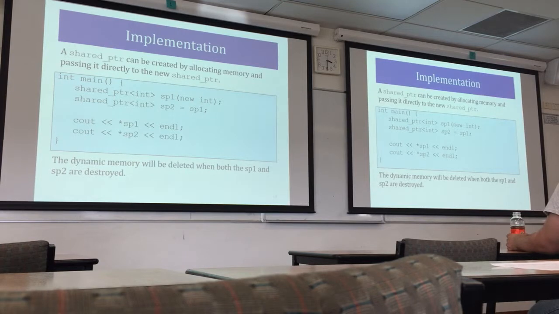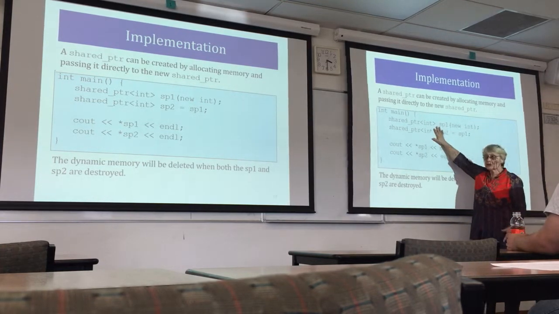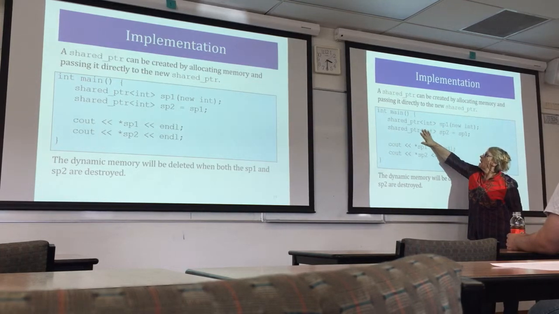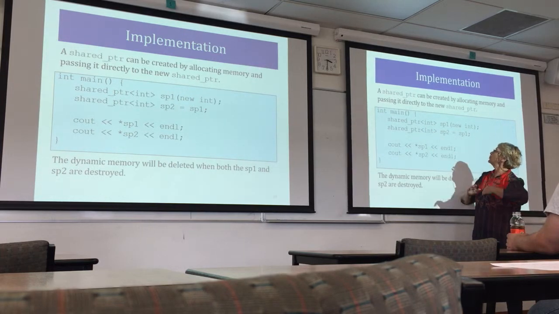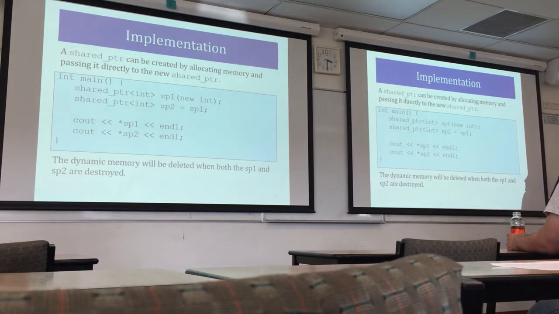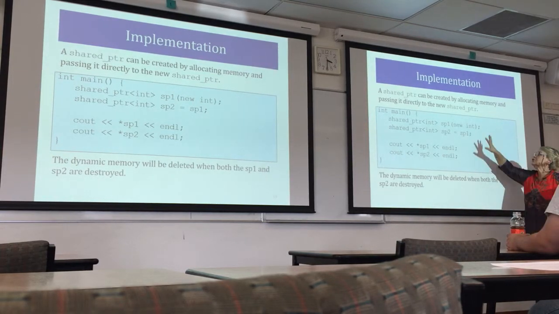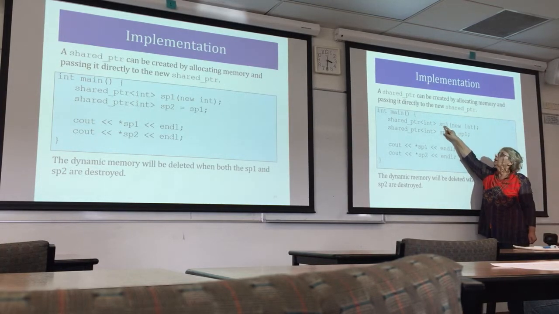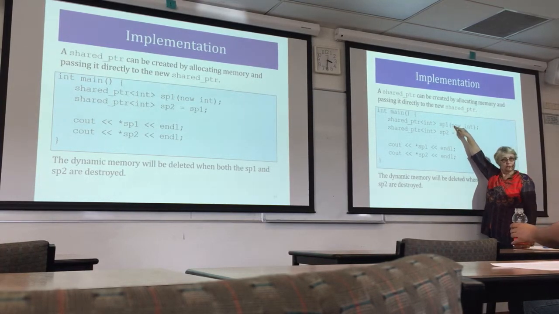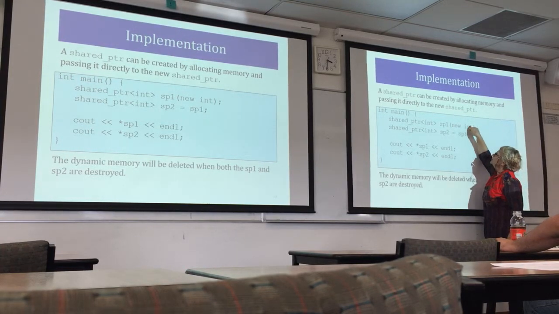Now, if you look a little bit at the syntax, I said for using this code, you have to include memory. Notice you can have shared pointers designed from primitive types or from your user types, from strings or from student or from courses. And the way to do it is called the constructor. This is a constructor of the shared pointer type with new. We construct a shared pointer, new int,